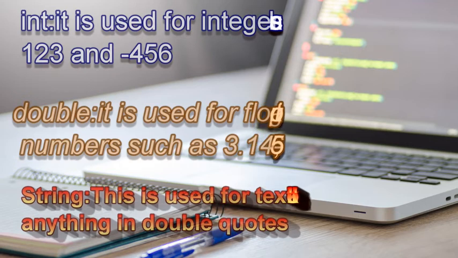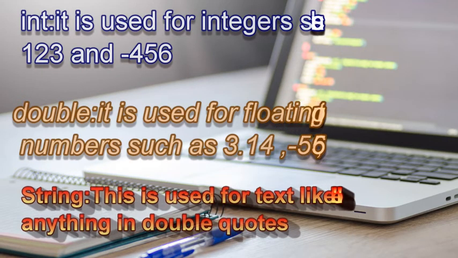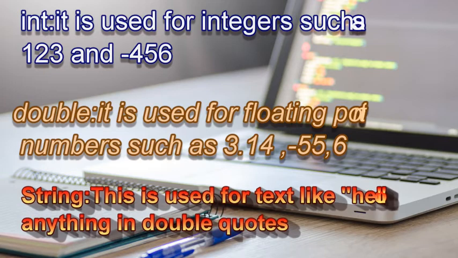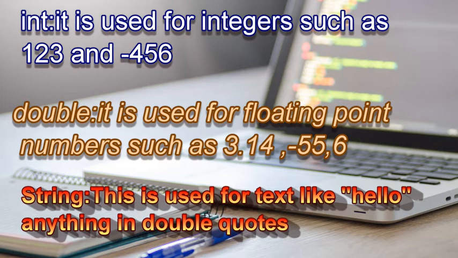When I'm talking about an int type, it means that all the data stored in the variable will be of integer type, that is, positive numbers as well as negative numbers. Then we have a double. The double data type is used to store floating point numbers, because the data includes decimal places. An integer just ignores the decimal points and holds only positive and negative whole numbers. Then we have a string type.